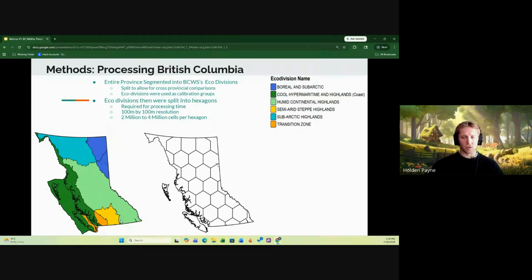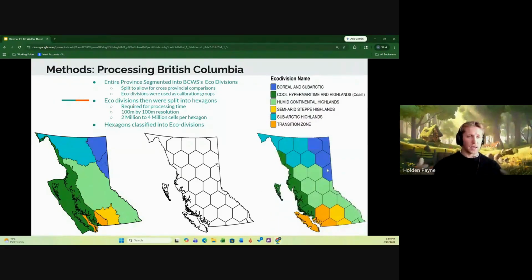So it includes parts of the Lower Mainland, the Whistler area, and then into parts of the interior along with the island. And that area was just calibrated individually as opposed to being part of either the coast or the interior, because we were finding differences in ignition patterns and fire behavior as we were going through this model. And so then these units were reapplied their eco-division value.